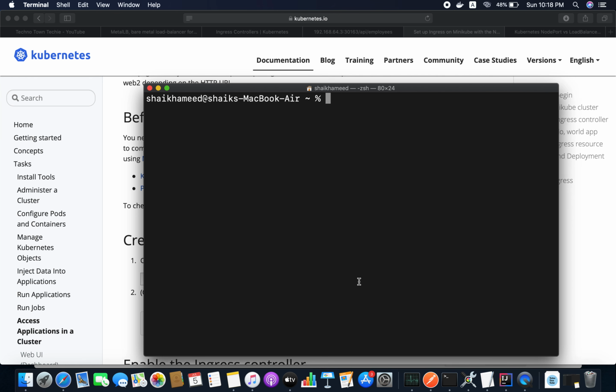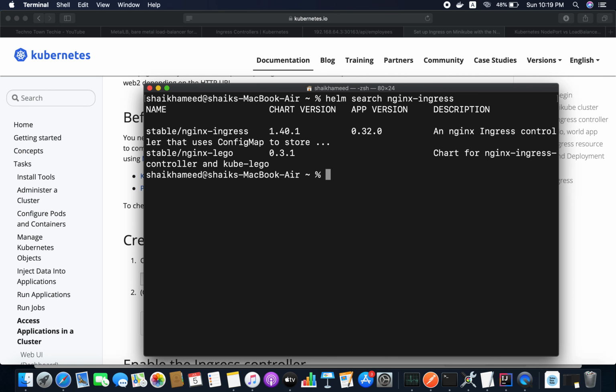First of all, I'm going to use Helm to search for nginx ingress. This is the stable version, guys. I'm going to install this nginx ingress controller.